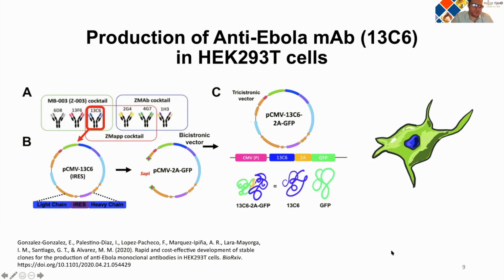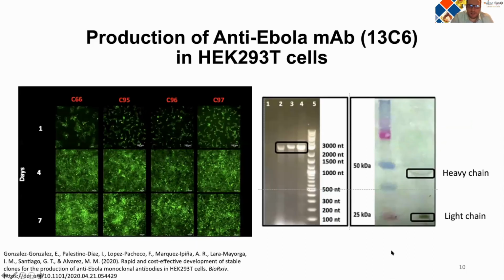This slide is from our most recent work related to Ebola, and it is important because it is the basis of this project. With this vector, we can produce two or more proteins with the same promoter. In this case, we produce a monoclonal antibody and a GFP protein, with the idea of monitoring the culture over time. In this slide, you can see the progression of the culture with the fluorescence in the cells and the characterization of the genetic and protein